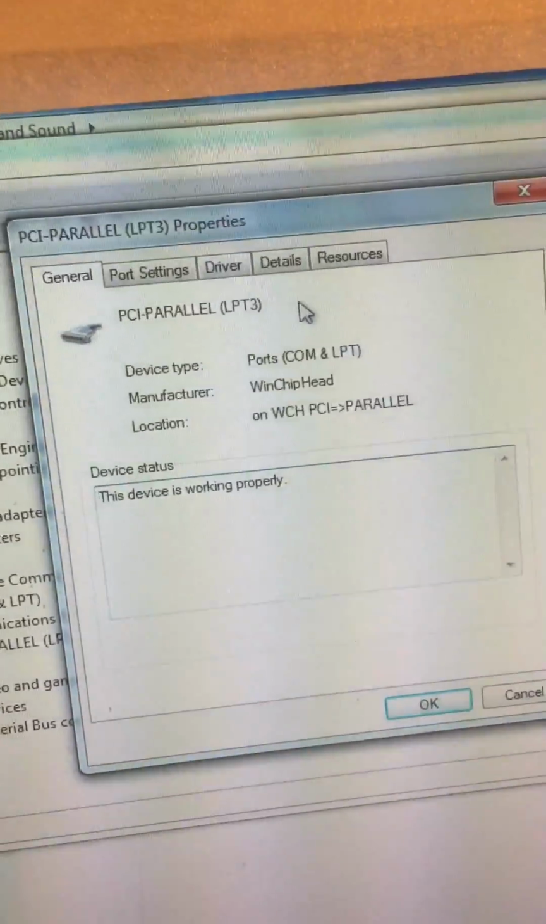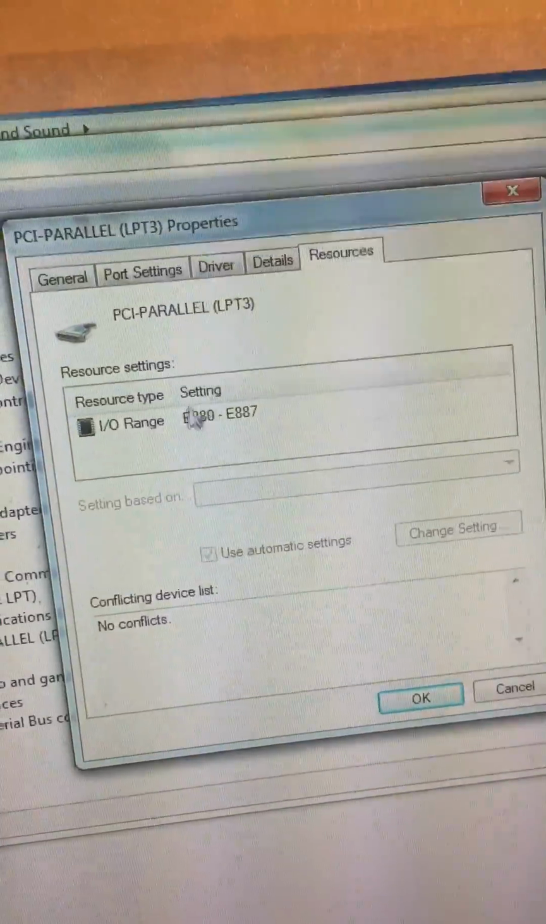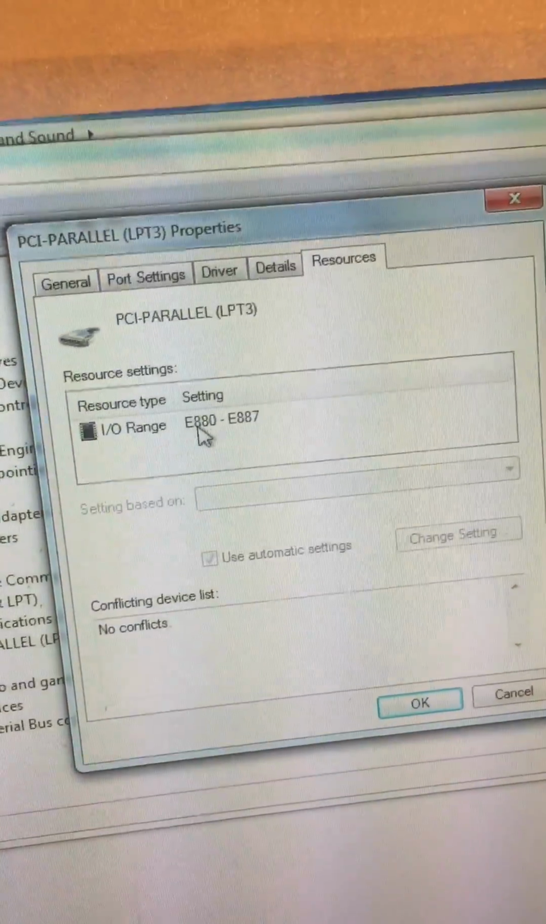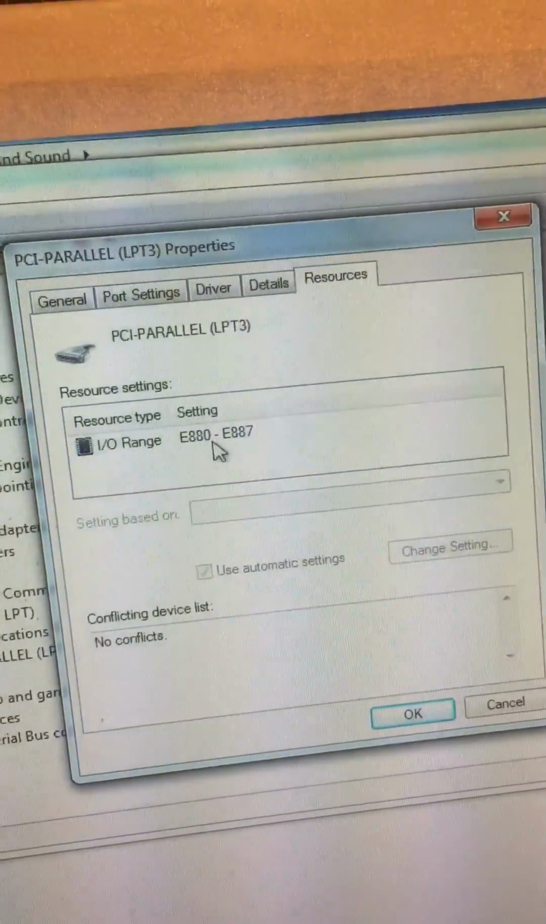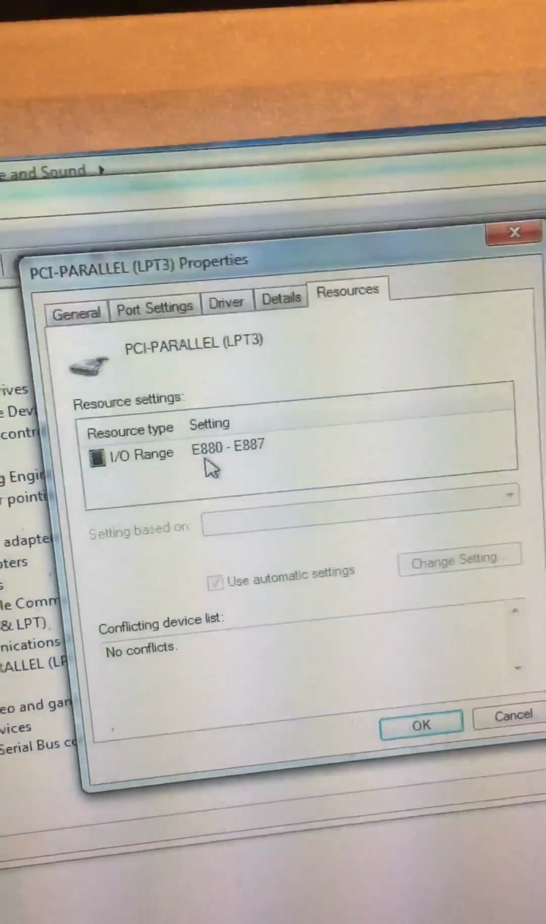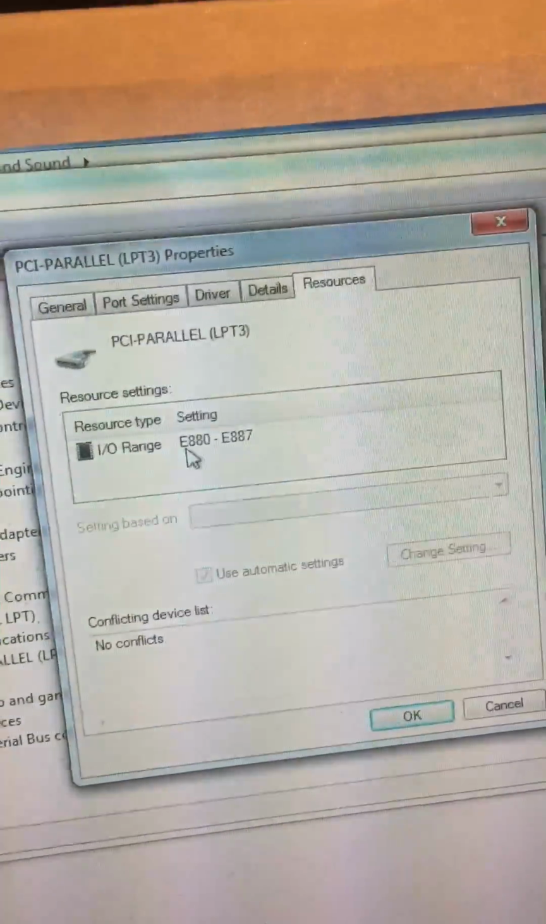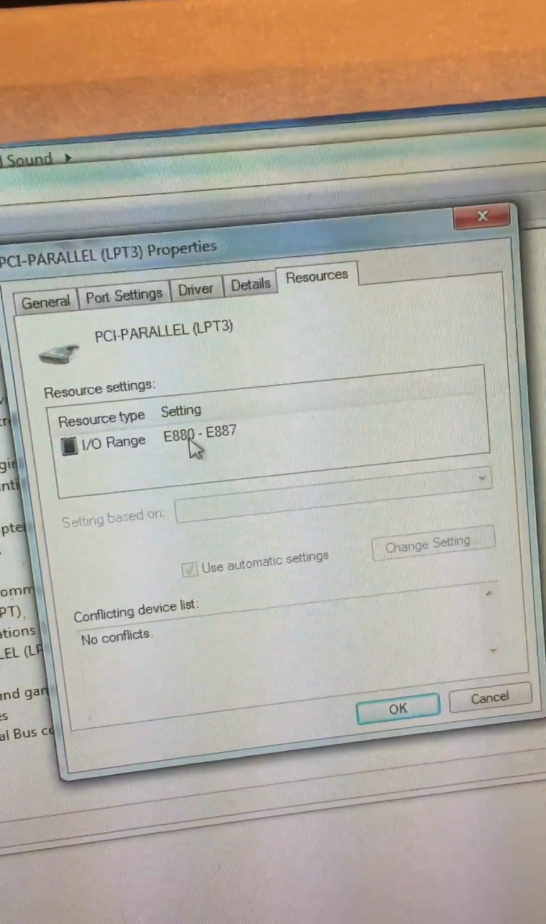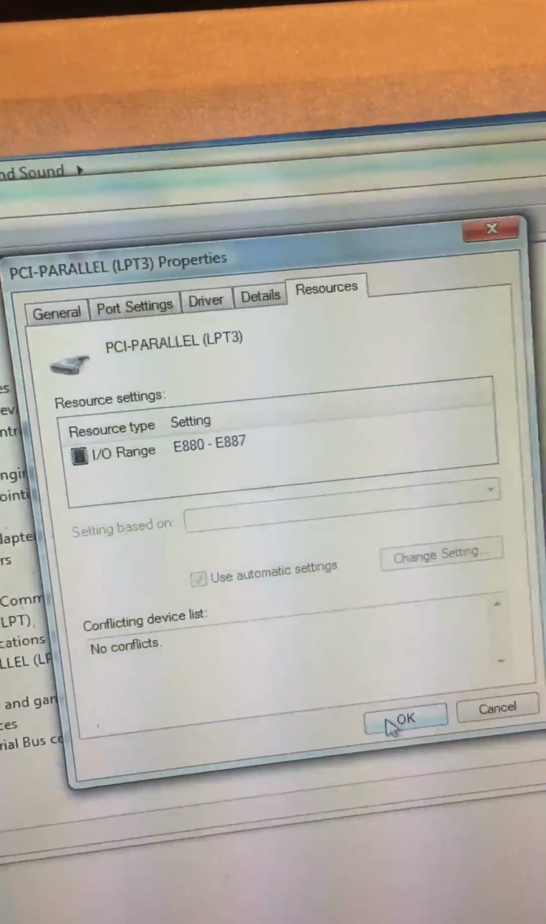and then from Properties you go to Resources, and this number here, the E880, it might be something different for yours, but for me this port number is E880. So you take that number,